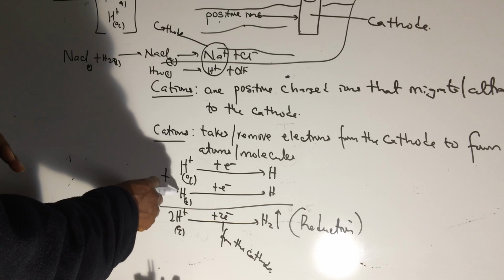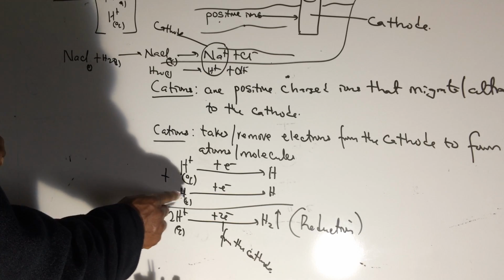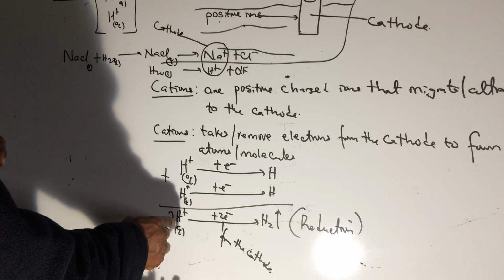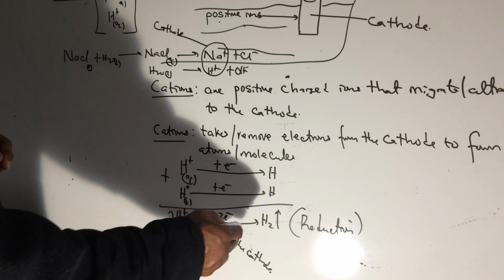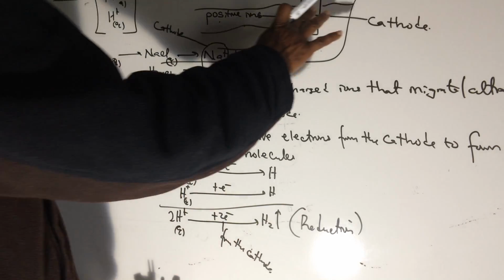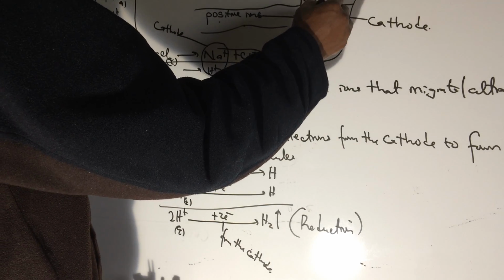You don't need this and this just to build up this. So this hydrogen ion, if you add them up, you get 2 of this, 2 electrons, you add them 2. Atom gives you a molecule, right? So this is the acceptance. If you expand them properly, you see the hydrogen will come here,